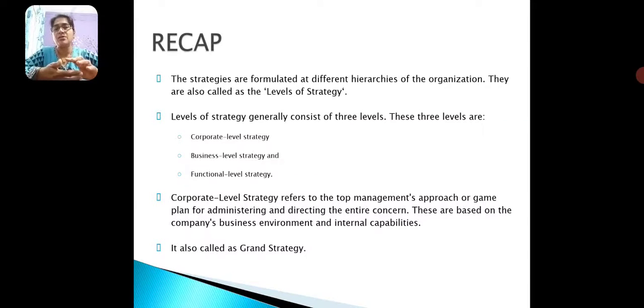Under corporate level strategy, we discussed four strategies: stability strategy, expansion strategy, retrenchment strategy and combination. In the stability strategy, the corporate would concentrate on maintaining the status quo: the present market, the current product, the present market share or profit percentage. They will focus on the present goods and services and the market that they are offering at.